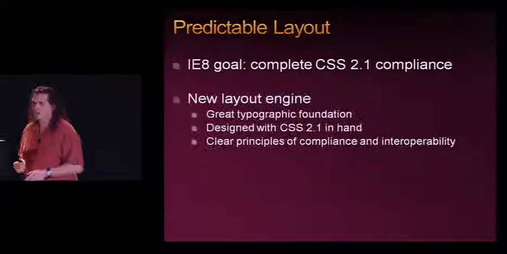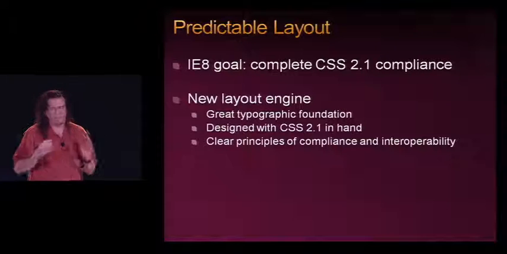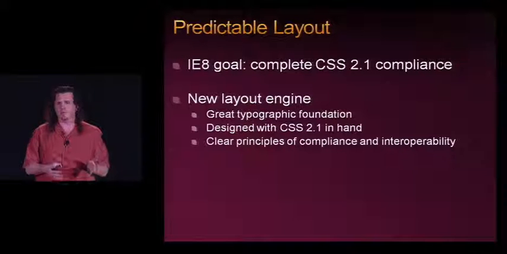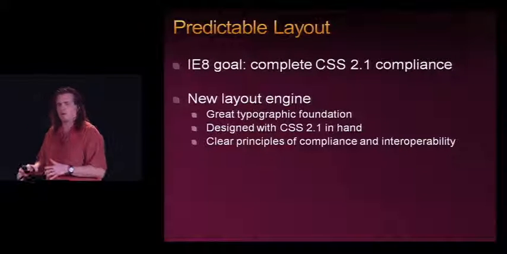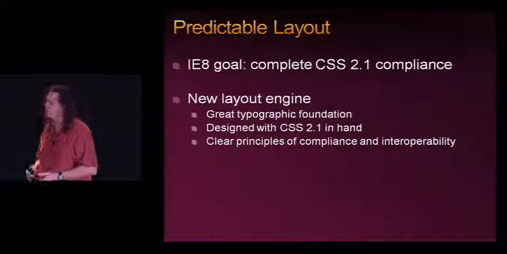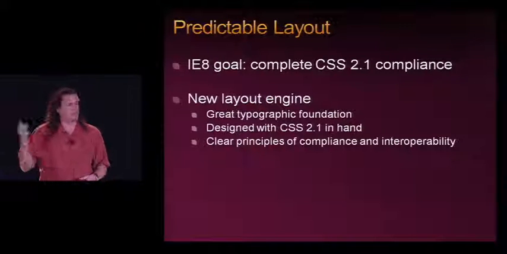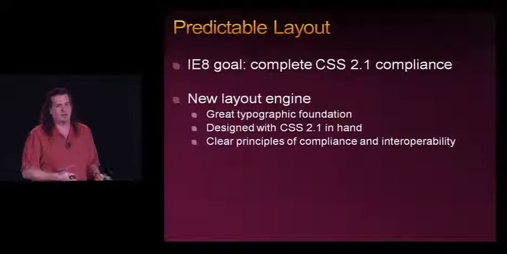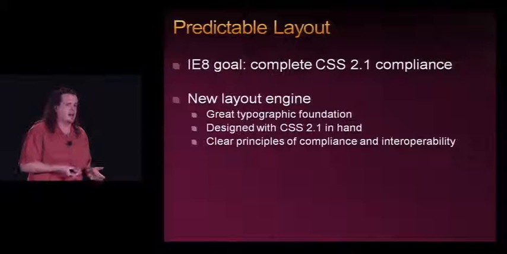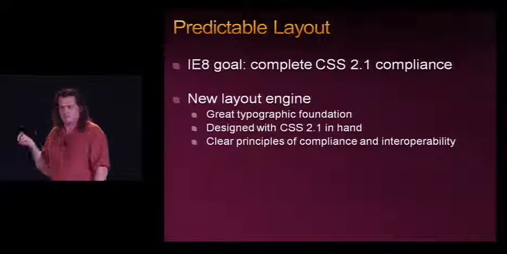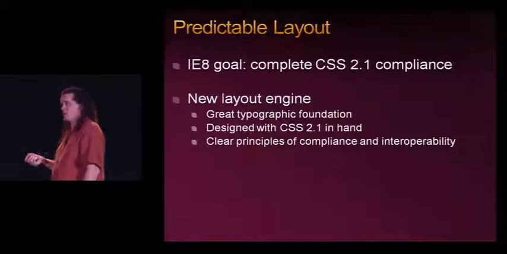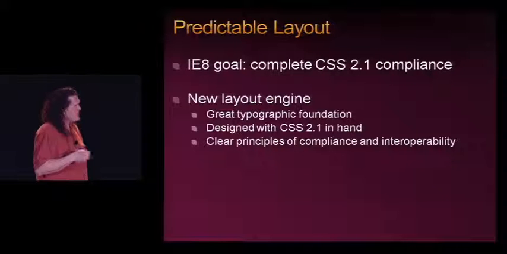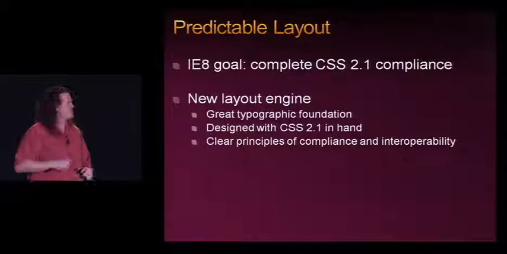And we looked at it and we said, you know what? We could keep going with the engine that we have. Let's actually build a separate layout engine to do this. Let's start over, start with a great typographic base where we've got a bunch of experts in layout, and let's actually design it, what a surprise, with a copy of the spec in hand. I mean, when we started that first layout engine that's in IE7, we didn't have a copy of CSS 2.1. We barely had a copy of CSS 1.0. I think it was a draft when we started. It's time, is the short version.